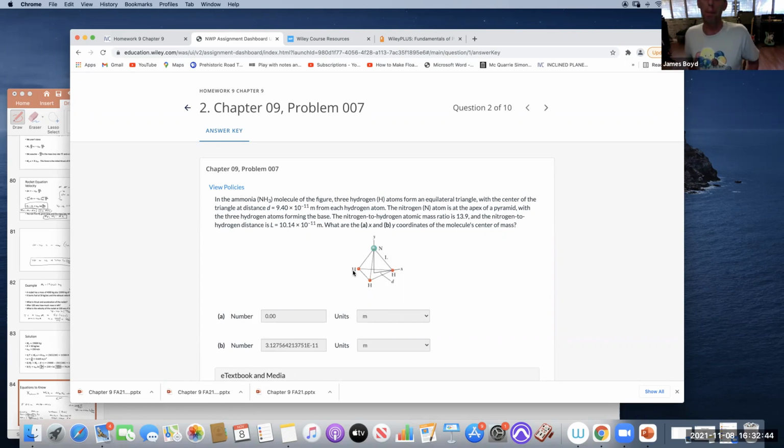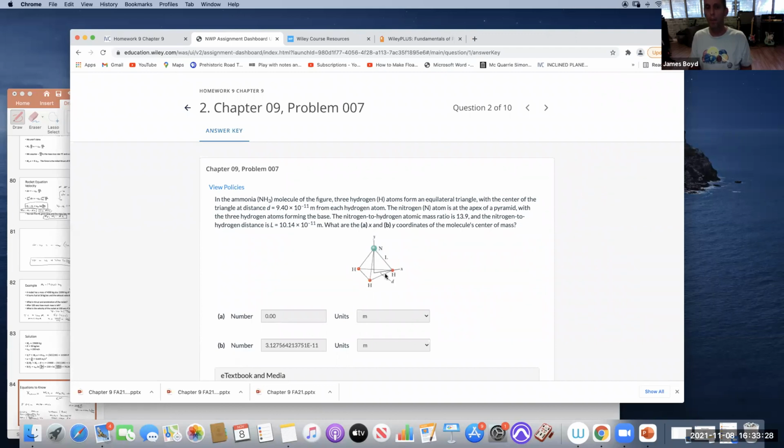Now, you have the length and you have the distance, right? So this is an ammonia molecule, nitrogen and hydrogen. They gave you the atomic mass ratio for nitrogen to hydrogen. There are 3 hydrogens and 1 nitrogen. The total mass of this is 13.9 plus 1 plus 1 plus 1, which is 16.9 hydrogen masses. That is the total mass, right? That's what this means. The distance L is given, and D is given, and you need to find the